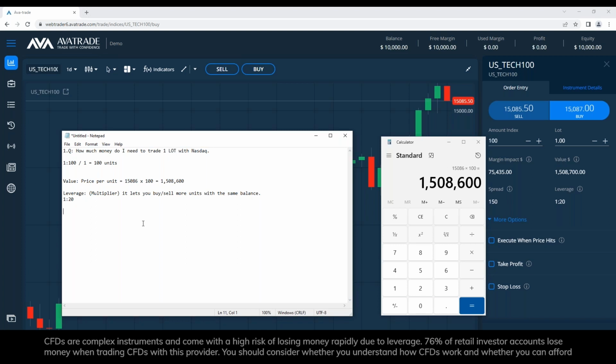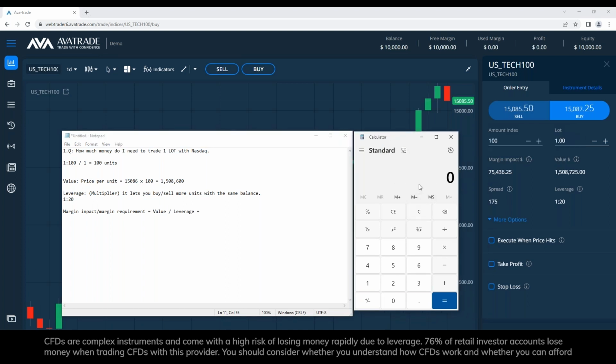The margin requirement is the value divided by the leverage, which equals the amount, and I'll give you a hint, it's already written here. But still, we're going to do it manually because some people are not trading with, oh, did I change the figure? I accidentally did. Never mind, let's take it from what I wrote already. So that's divided by 20, 75,000.